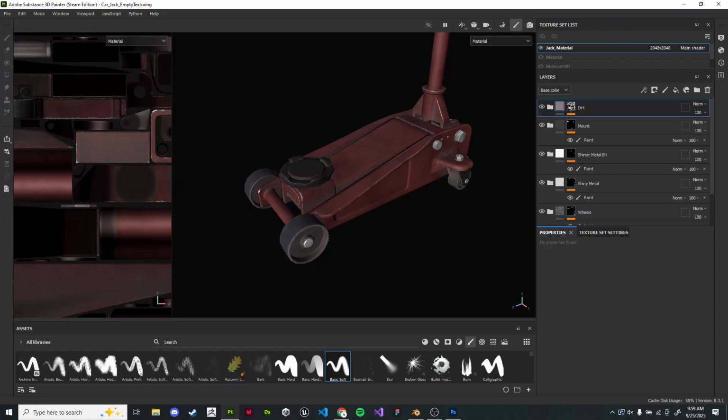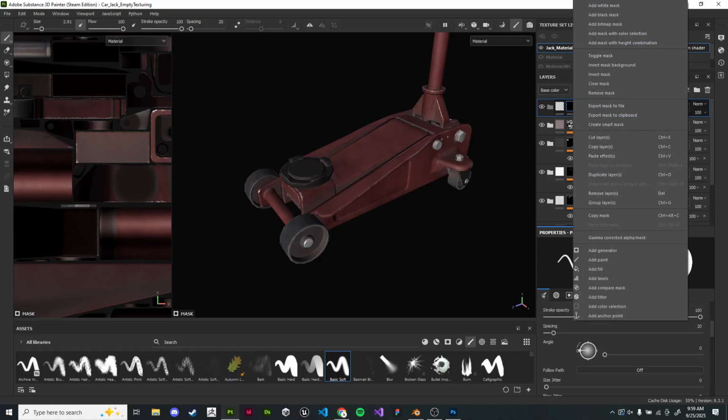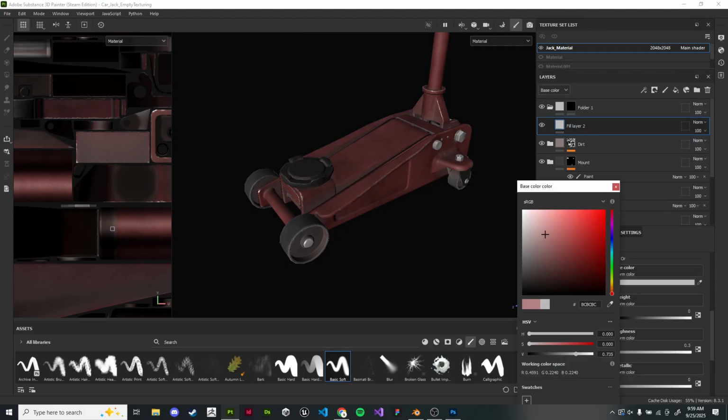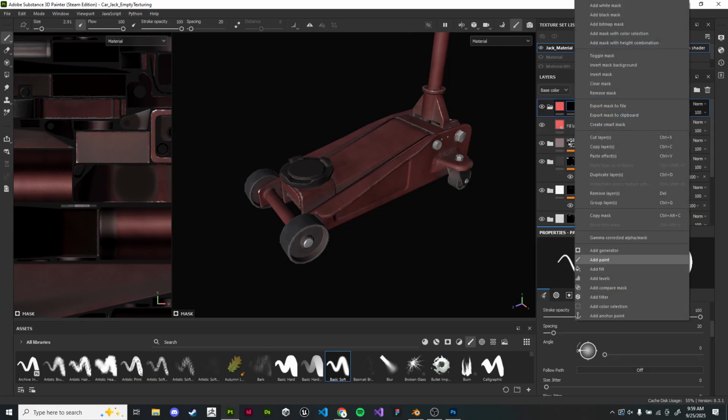Let's do something similar now for dust. So I'll make a new one, black mask. Add a fill layer. Still just using some obnoxious color at the beginning, helps sort everything out. I'm gonna add a new generator